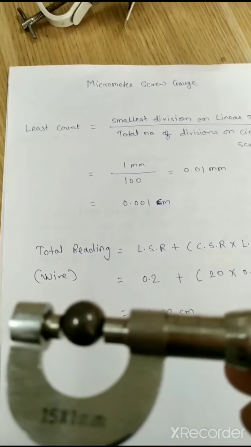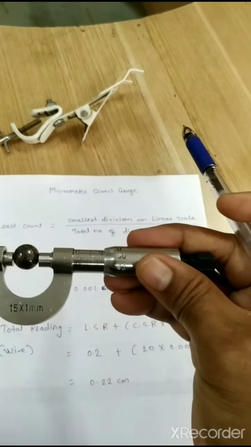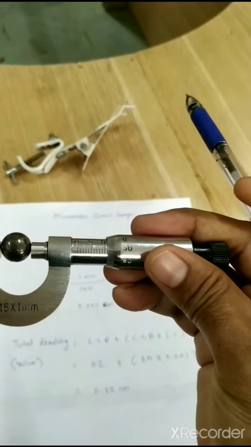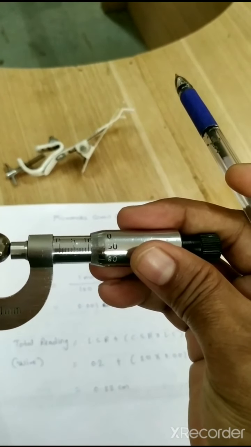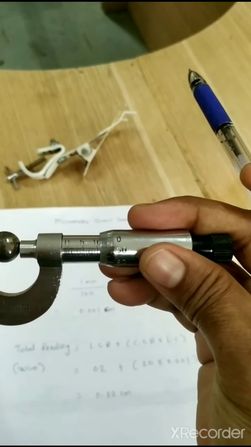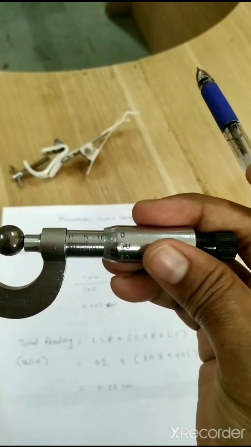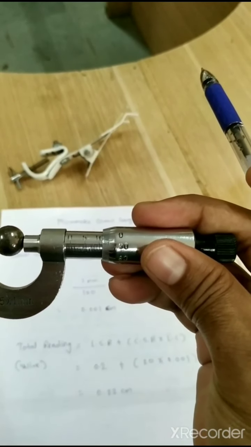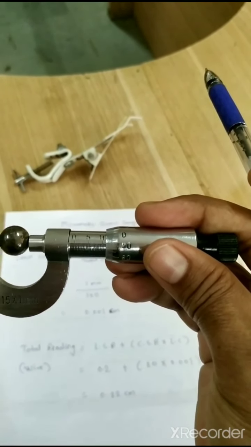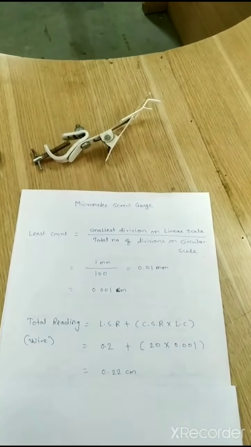Now see, we have to calculate again the diameter of this metal sphere. So hold the metal sphere properly in a micrometer screw gauge and again calculate the reading, that is linear scale reading 10. We cannot see 11 line properly, so the linear scale reading will be 10 and the horizontal line on a linear scale where it coincides at 90. So the circular scale reading will be 90.